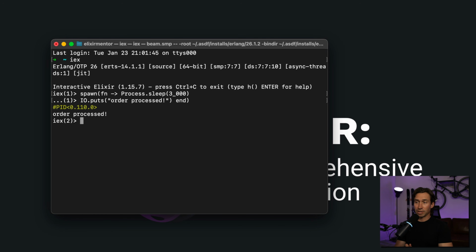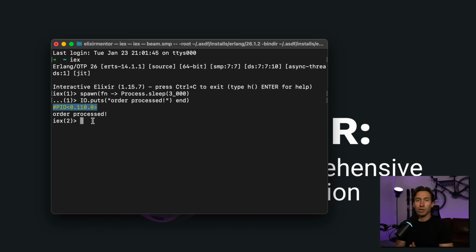And there we go. 3 seconds later, order processed. Really cool. It's as easy as that to kick off a process. It goes and does work and will finish when it finishes. Now, obviously, our sleep here is just a way for us to simulate work. This could be anything asynchronous, like running a credit card transaction, communicating with our database for inventory levels, emailing receipts,